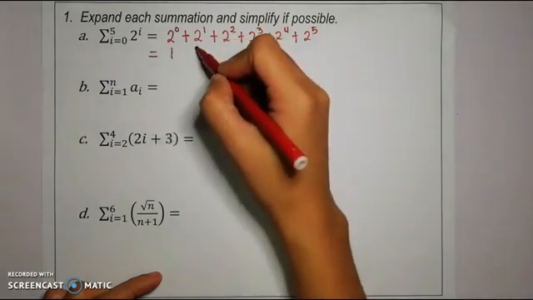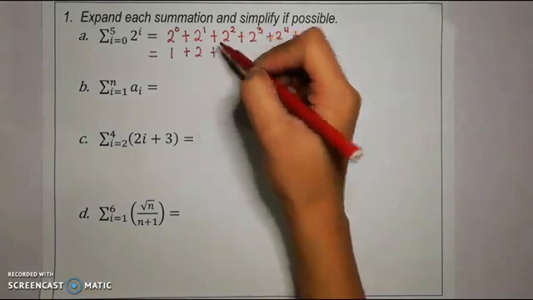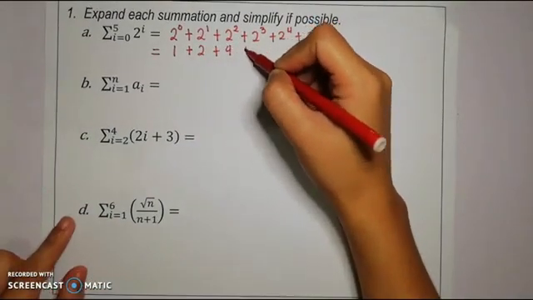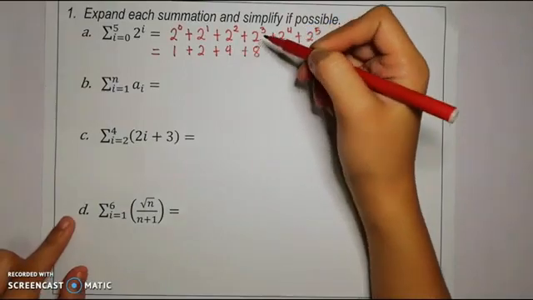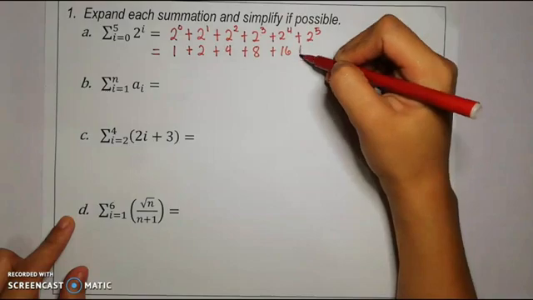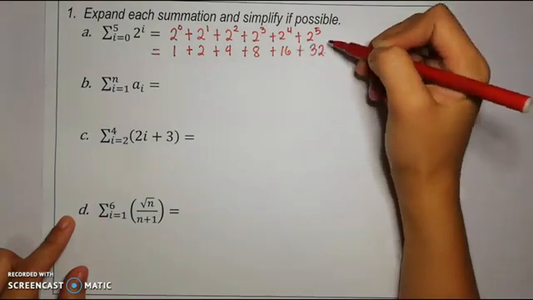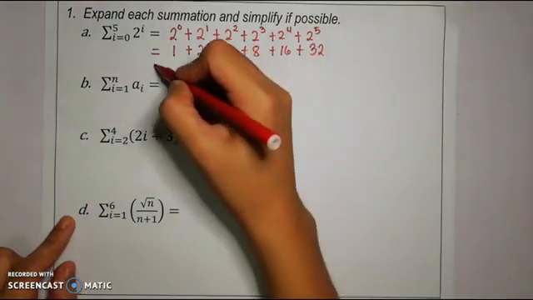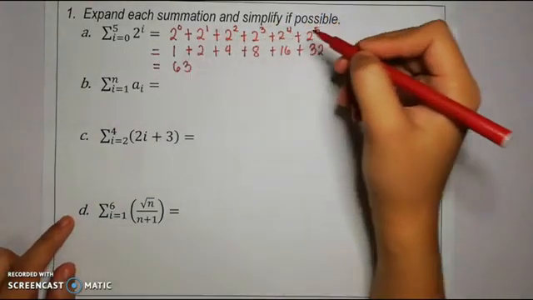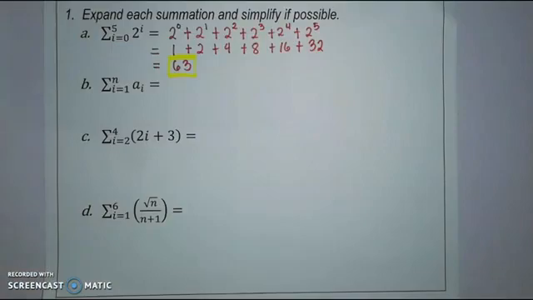2 raised to 0 is 1, 2 raised to 1 is 2, plus 2 squared is 4, plus 2 cubed is 8, plus 2 raised to 4 is 16, and 2 raised to 5 is 32. And their sum is equal to 63. So that's the answer for the first example. For the second example,